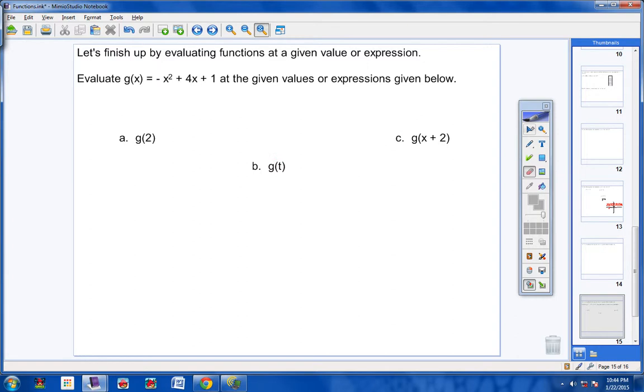Alright, let's take a look at this other one. Then we'll move on. You can work at it if you want to, or watch me. It'll be a little more difficult now. Okay, here we go. I have g of x plus 2 equals, everywhere there's an x, I'm going to put x plus 2, so negative sign, then parentheses for x, x plus 2,